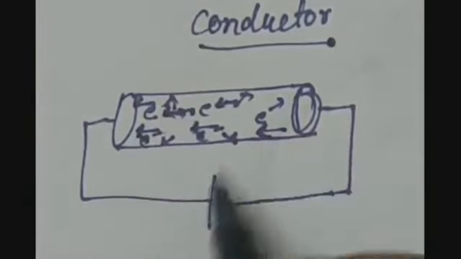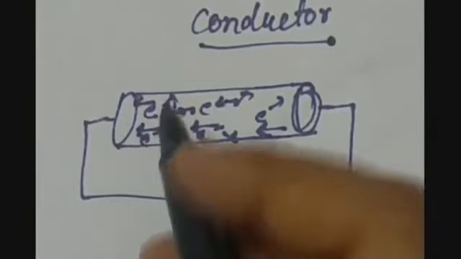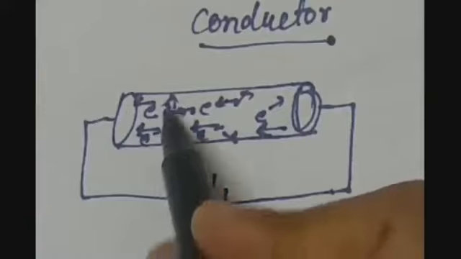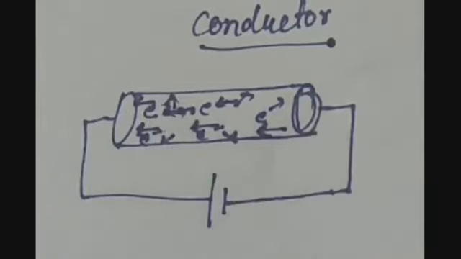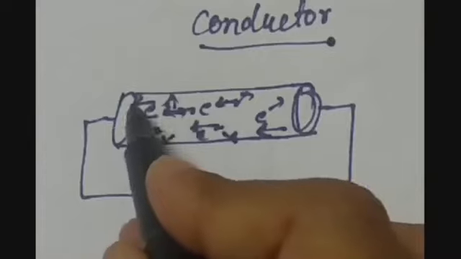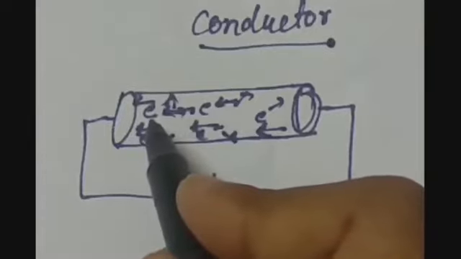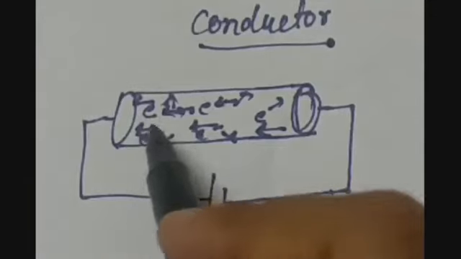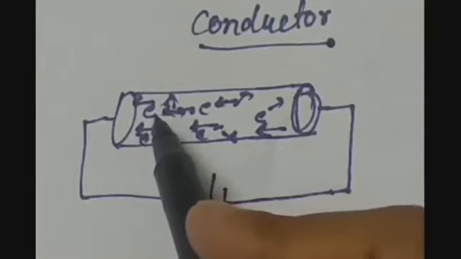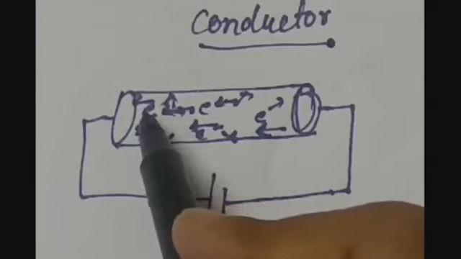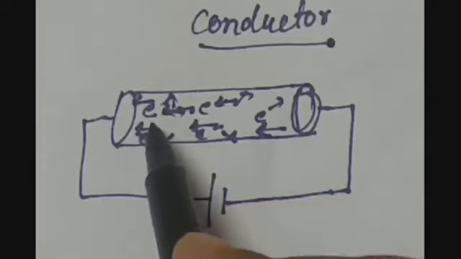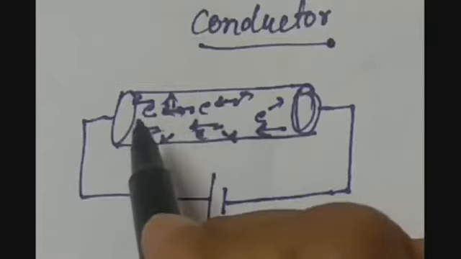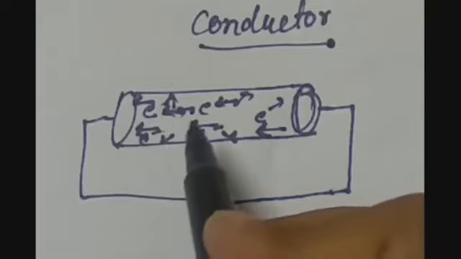But what happens when they try to move in this direction? Because a conductor is made up of atoms, so the atoms will also be there. And when the electrons try to move in a particular direction, they also strike the atoms or the ions which are there in the conductor, which causes hindrance or which makes it more difficult to move in a particular direction. So this is the reason from where the resistance comes. Resistance comes when the electrons are drifted from one end of the conductor to another end, and in between they strike with the atoms and the ions present in the conductor.